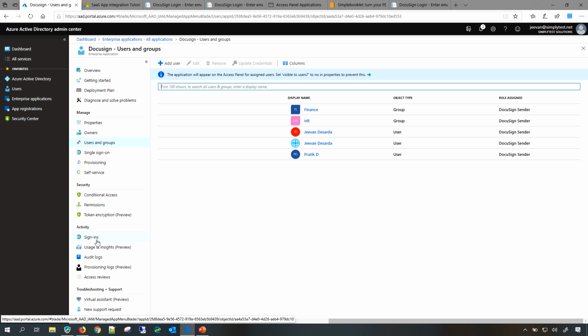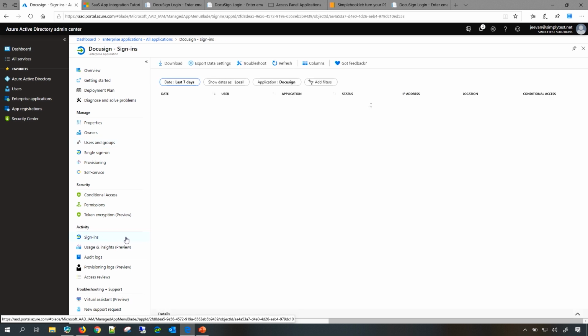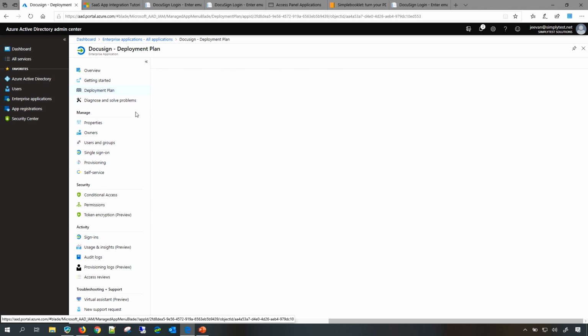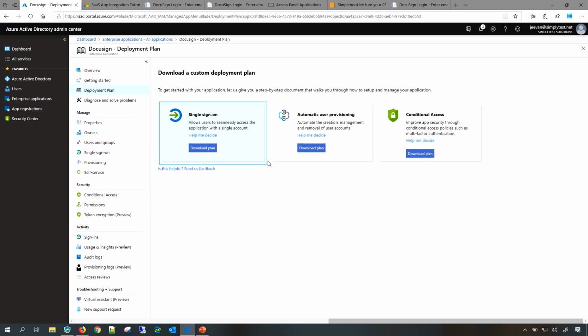If you want to look into the logs, you can look at the activity and see the sign-in logs, and also look at the audit logs as needed. There is also a deployment plan available which you can download for an application and use as you need it.